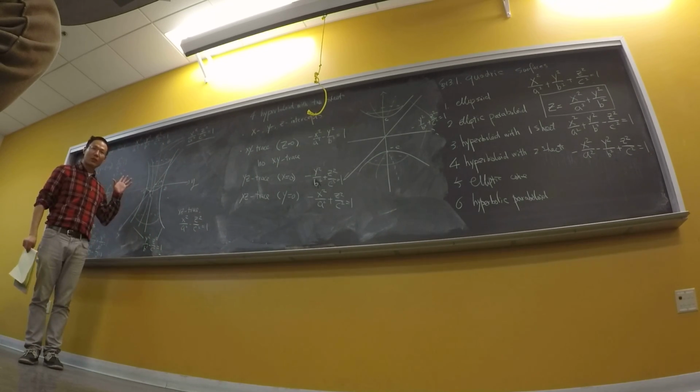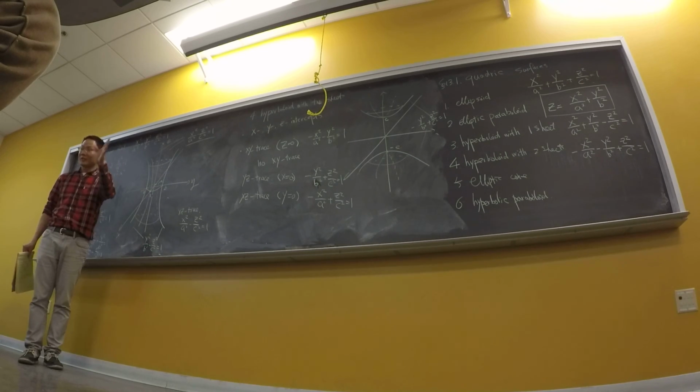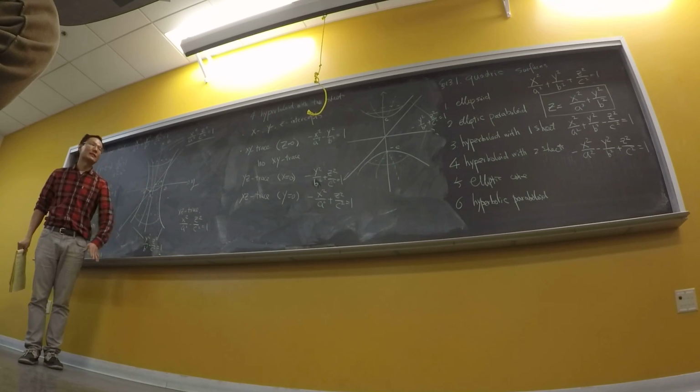So I'm dumping down all the six different types of quadric surfaces at one time. I still believe this is a better way to approach quadric surfaces because you can do comparison. Okay, we can introduce this